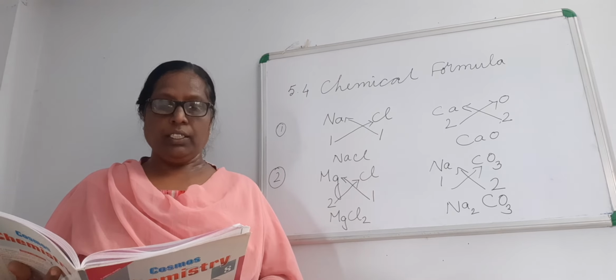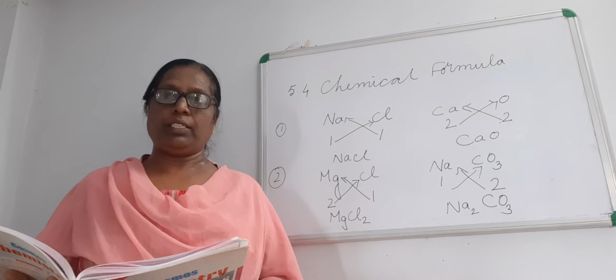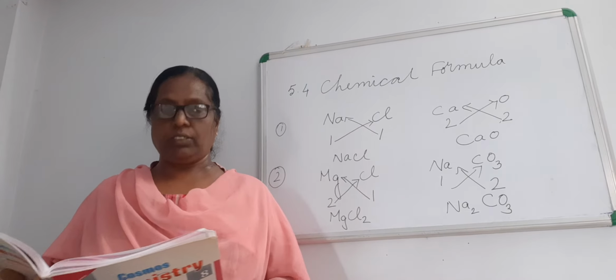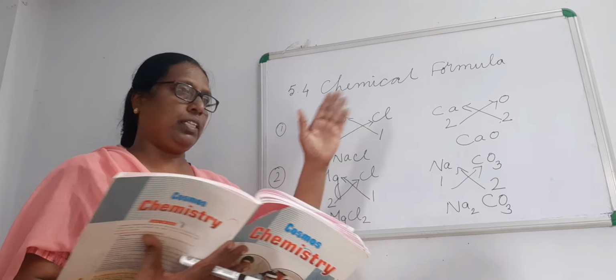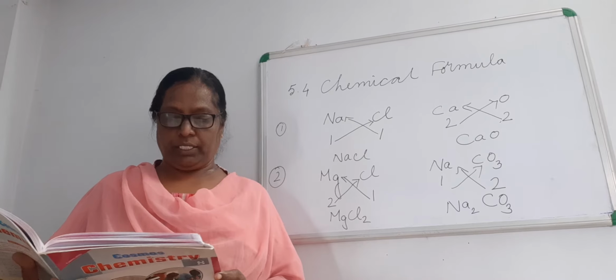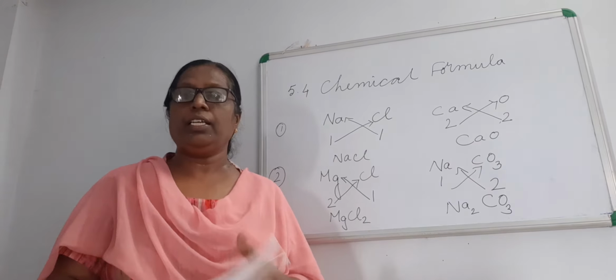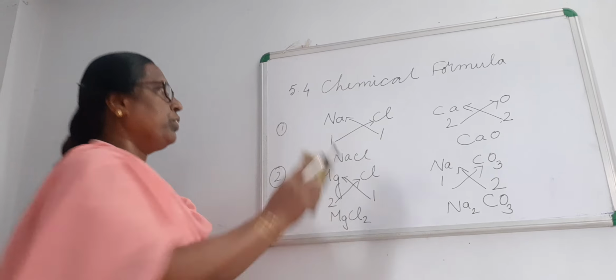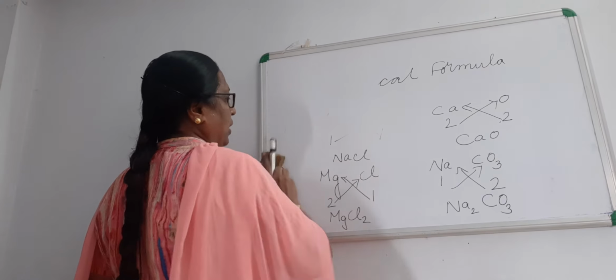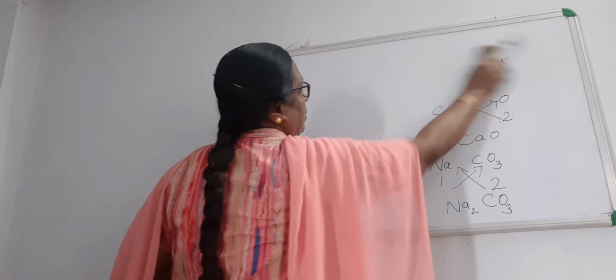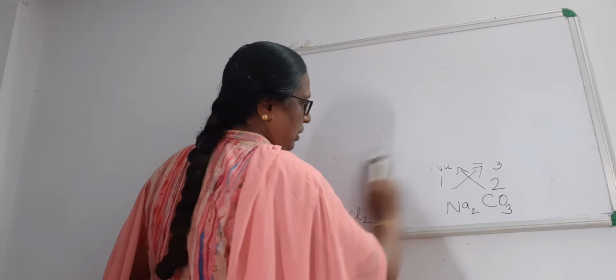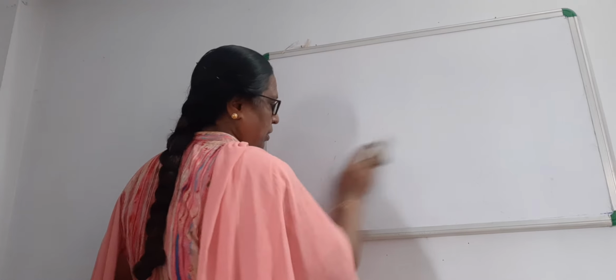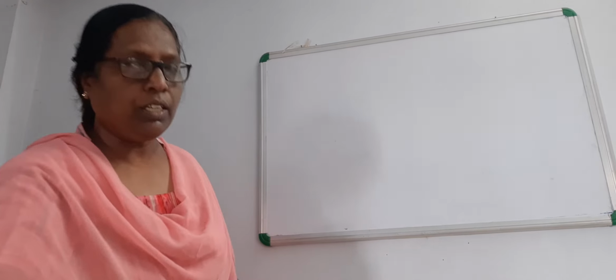In a reaction you will have two parts, reactants and products. The left side has the reactants and the right side has the products. When you write any equation, you will show both reactants and products. On the left side you will write the reactants, and on the other side, the right side, you will write the products.